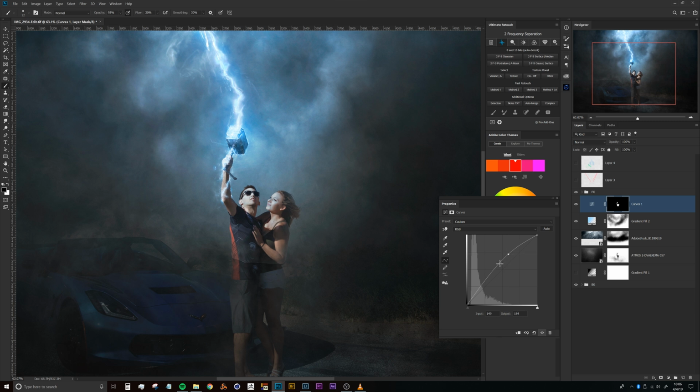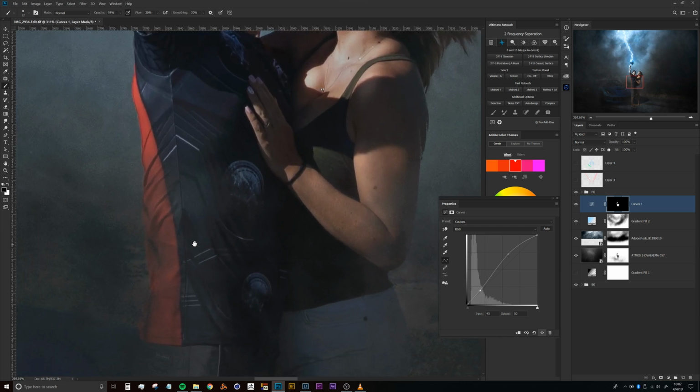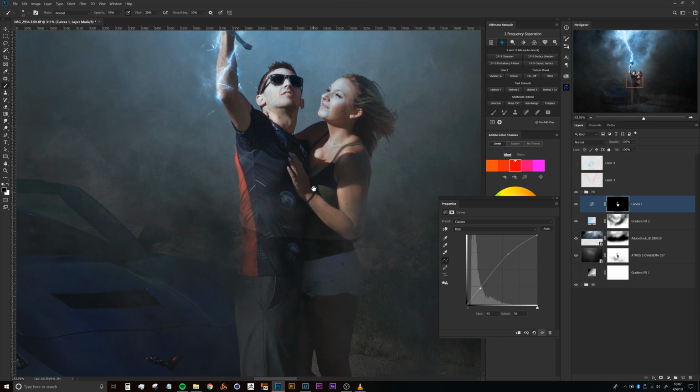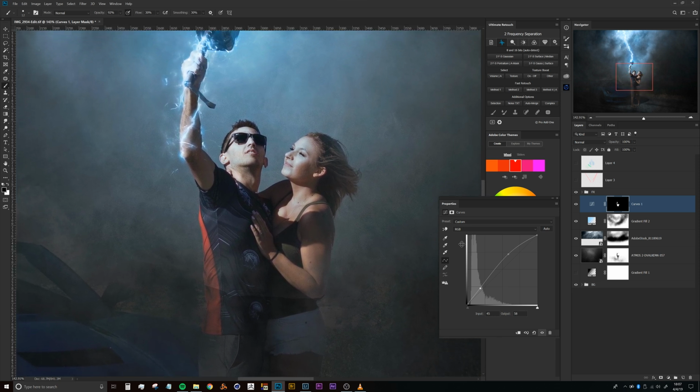And what I'm looking for is hopefully just a little bit more of a contrast pop to their top side without creating too much of an offset down here on the bottom. And we can actually paint out from this mask, so I'm not too worried about it. And if you press, let's see here, if you press Alt 4,